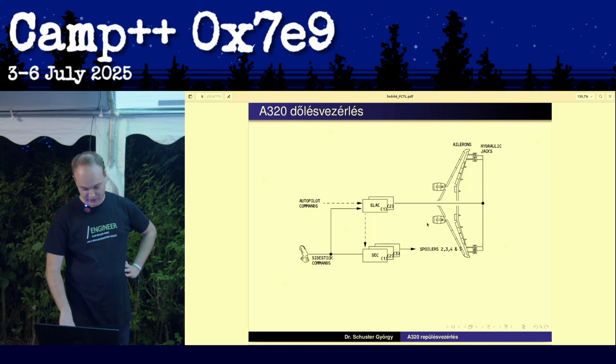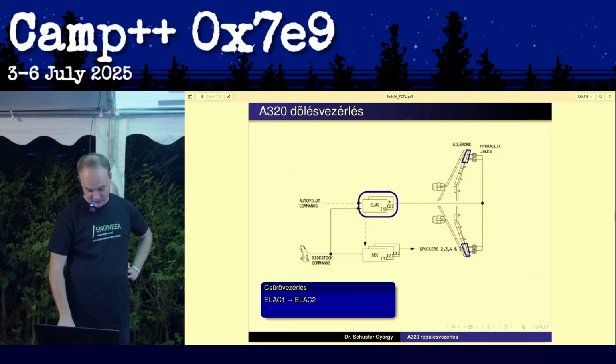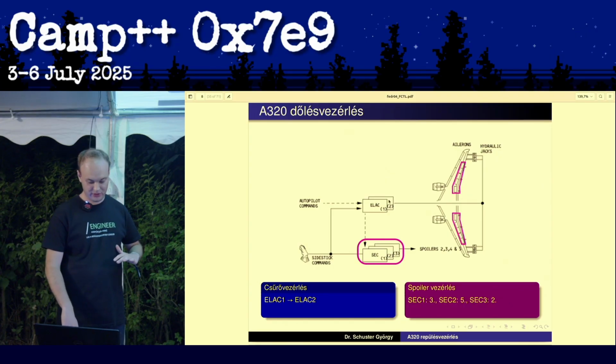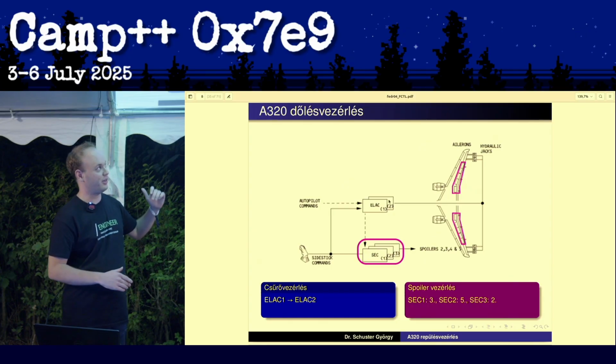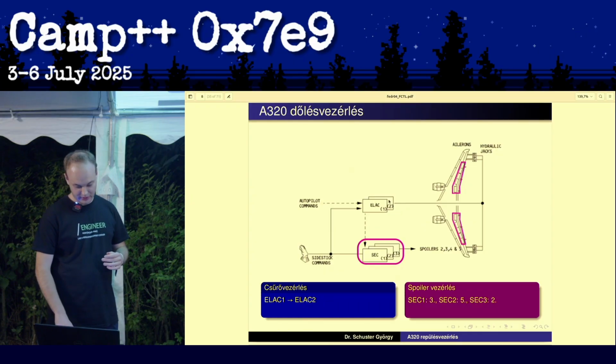So again, you have the ELAC that is mainly in charge here to control the spoilers and the ailerons, and the spoilers are actually, as I said in the beginning, in normal operations also moved a little bit to help the ailerons with turning. So these are controlled by the SEC,